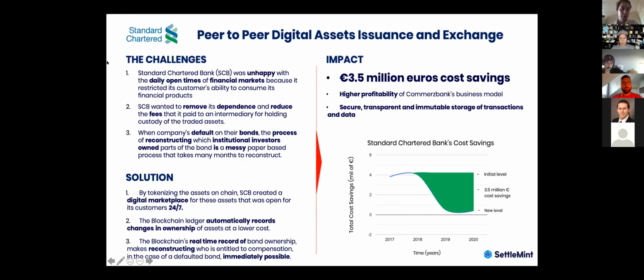And one more, one of our biggest clients is Standard Chartered Bank. And so we have a few projects running with them. One of them is the peer-to-peer digital assets issuance and exchange platform that they've built on top of our blockchain platform as a service. The problem they were facing is that when they issued a bond, identifying who owns this bond can be quite tricky when companies default on that bond, because oftentimes hundreds of investors are investing in this bond,